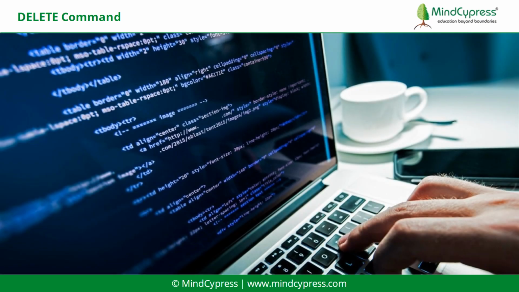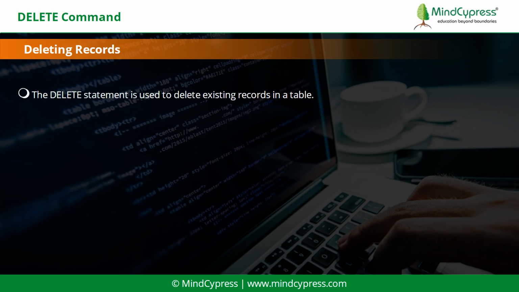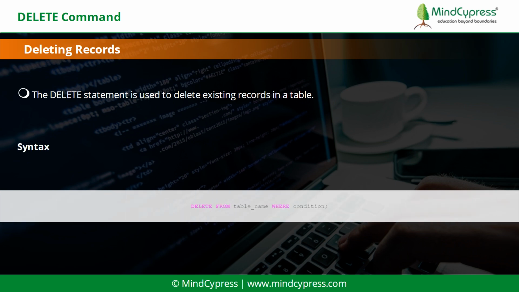Now we will learn about the delete command. Let's discuss deleting records. The delete statement is used to delete existing records in a table. Syntax is: